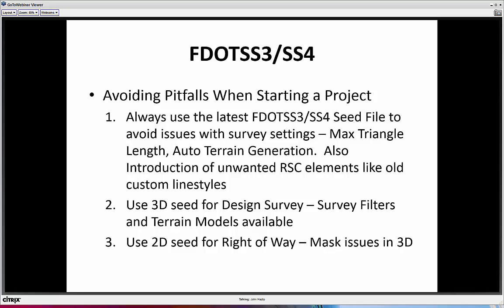Also, you want to make sure you use the 3D seed file for the design survey. The 2D will not model and you won't have survey filters. And another pitfall you want to make sure you understand is when you bring the 3D survey data out and you want to go into a right-of-way configuration, you want to open and use a 2D seed file for right-of-way,